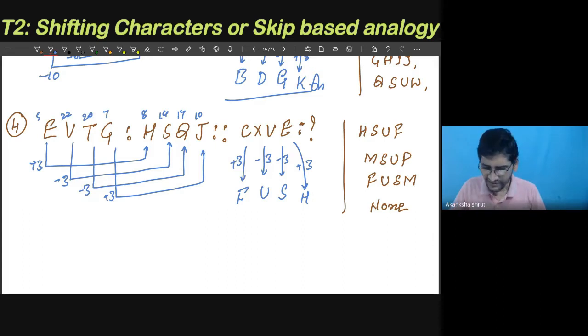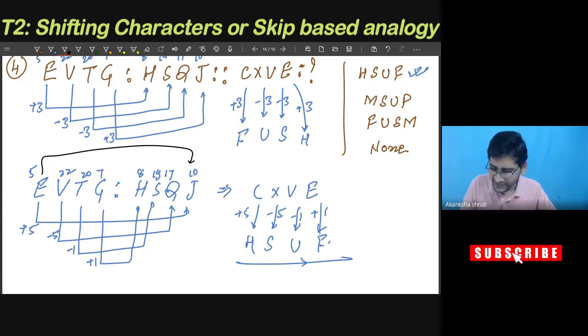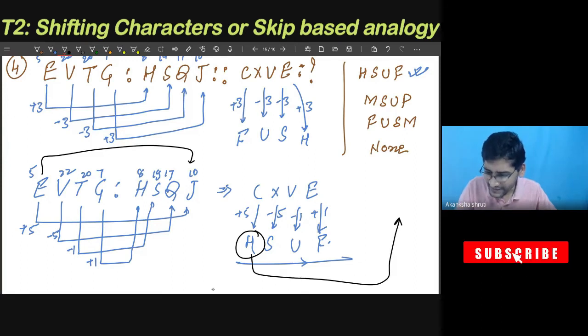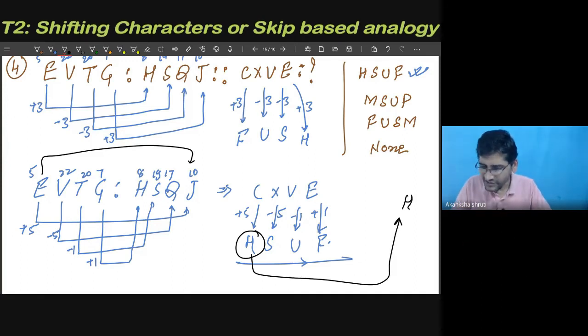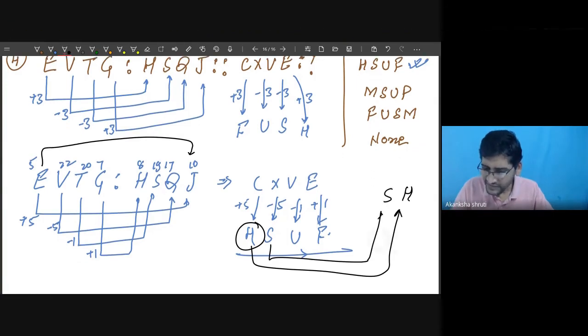FUSH. Is it given here? No, it is not given. This mapping, say from the first to end we are getting. So this should again be written at the end. This should not be written as the first. So H, then it should be the S, then U and F. Because you have to observe the order also, how it is written.